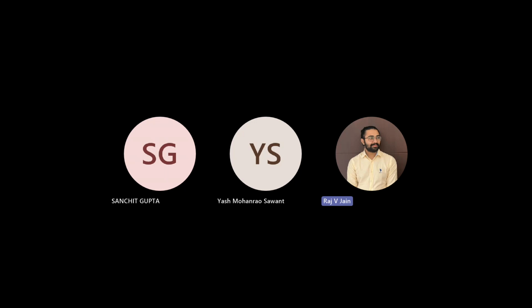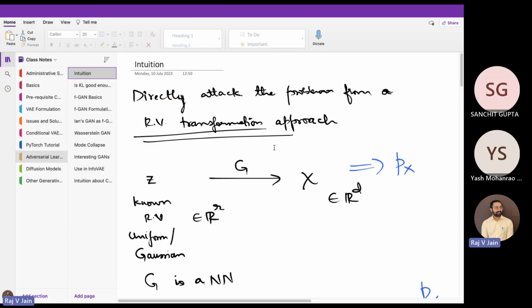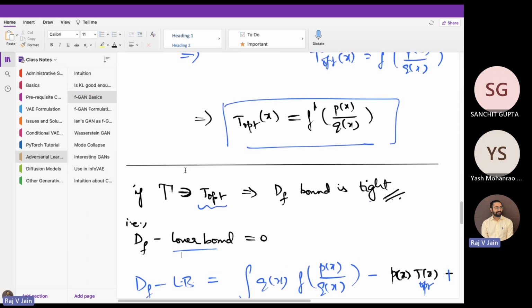Okay. Welcome to lecture 9 of this course on generative modeling. VAEs we already covered, and just as a recap of what we did last class, we spoke about GANs a while back, and then we gave some idea on what f-GANs are,